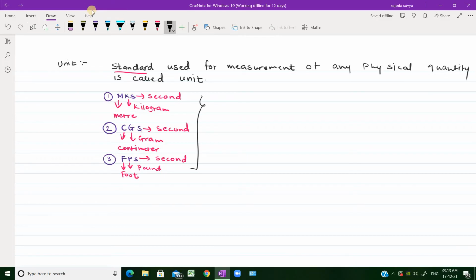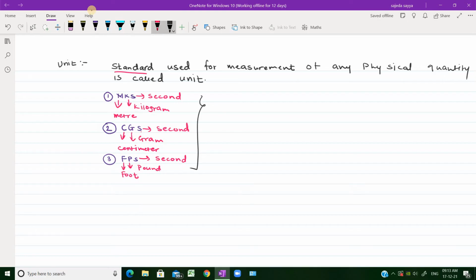It will become difficult, it's not easy to exchange the ideas and the results amongst the scientists all over the world. So it was decided at the 14th International General Conference in 1971 that there has to be